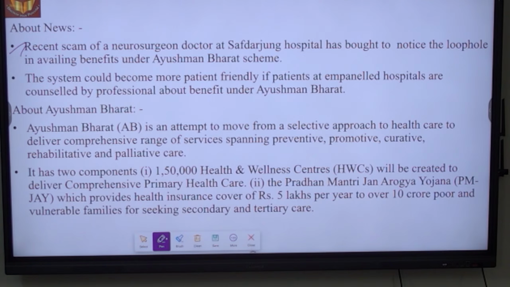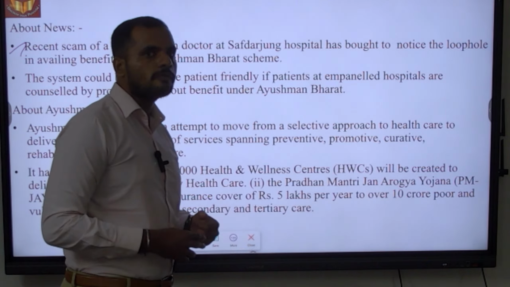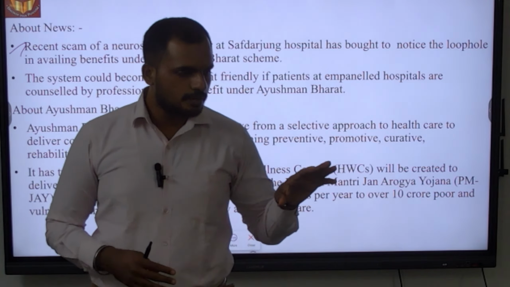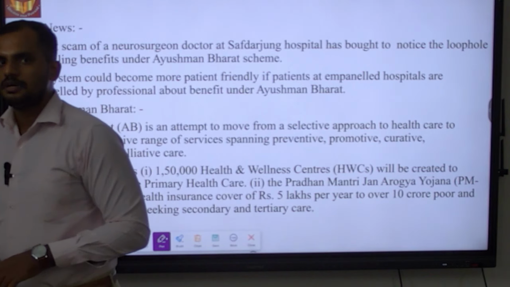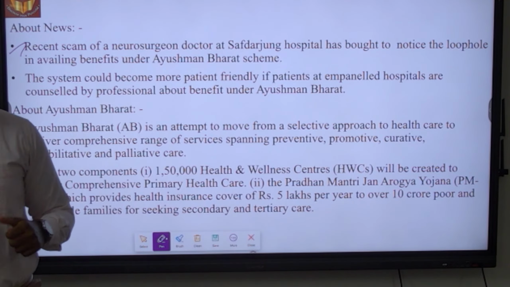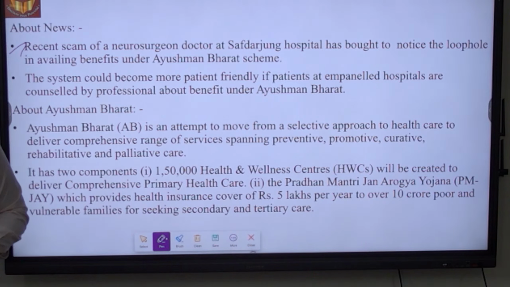As a result, they are required to pay a hefty amount from their pocket, which they should not have to do, because such people, those below the poverty line or at the marginal section of society, are eligible for benefits under the Ayushman Bharat scheme, which the Government of India provides to reduce out-of-pocket expenditure, particularly in health, because out-of-pocket expenditure in India is very high when it comes to medical treatment.